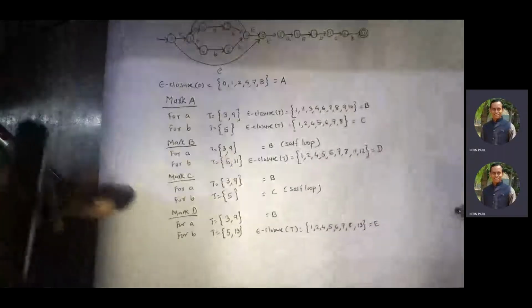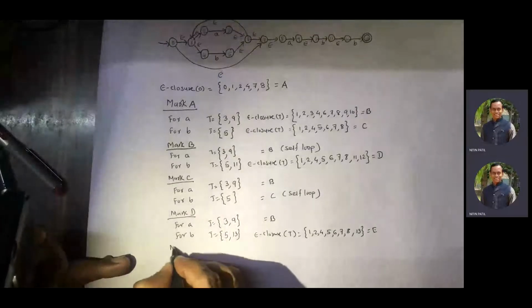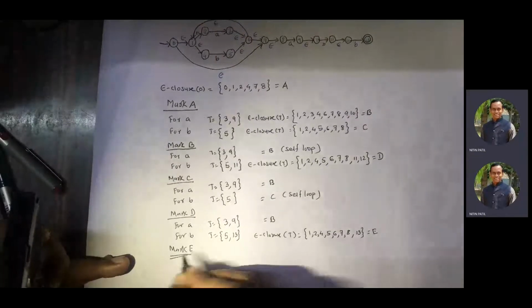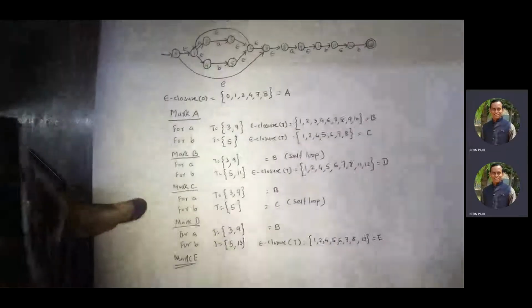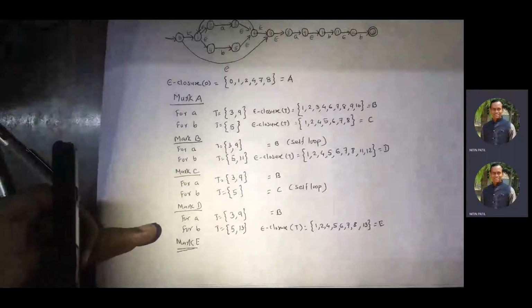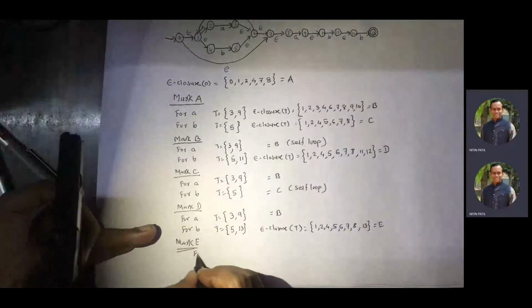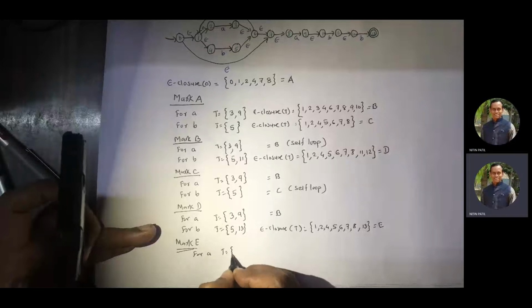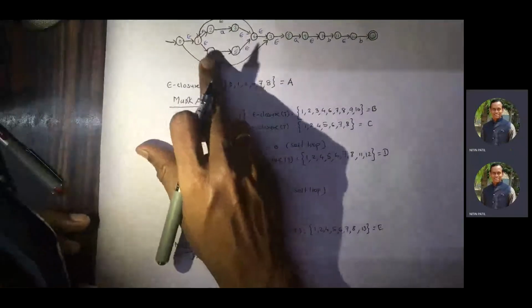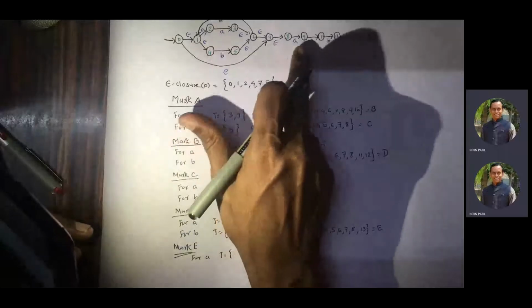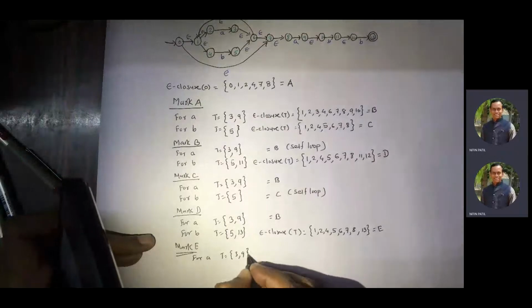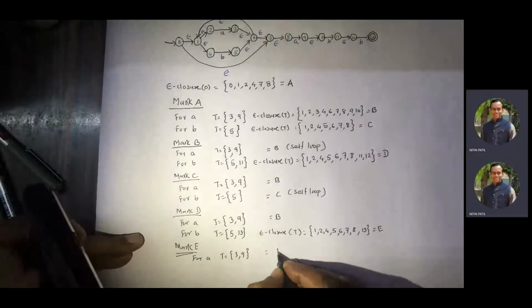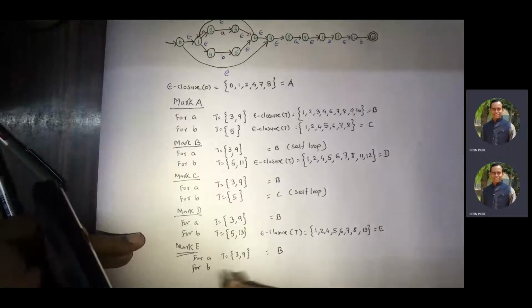So repeat the same thing now for E. So mark E. Now I am marking it here as well. Fine. Okay, good. So let us repeat the process for A and for B. Let us take A. What is T? So 1, 2, as we already said, from 2 and from 8 we have transitions. So 3 and 9. So 2 and 8 are here. So 3 and 9. So we know what that set represents: B. Correct?